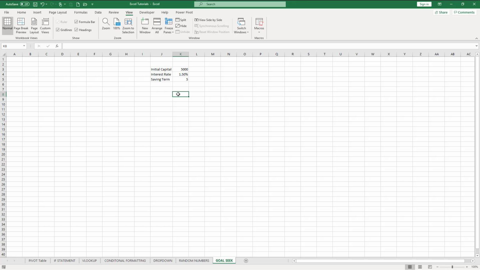If you're interested in knowing more about this formula, write a comment below and I can do another video on it and show you how it works. But for this purpose, it's just to demonstrate this part, and then we'll move on to GoalSeek. So just to get this figure in, so it'll be 5,000